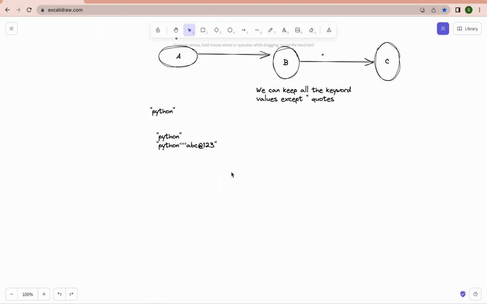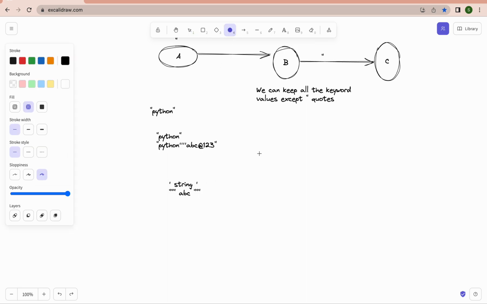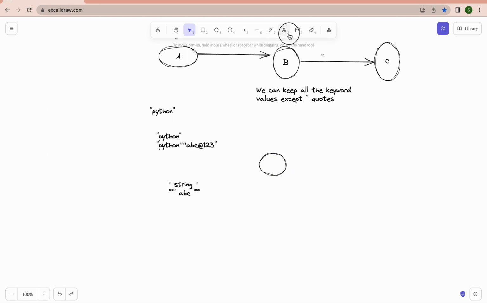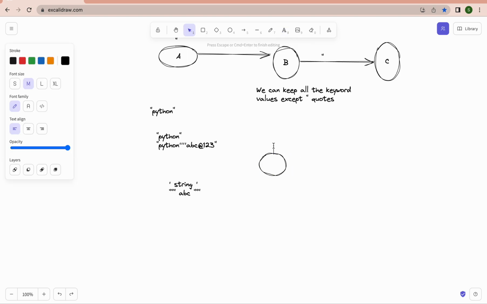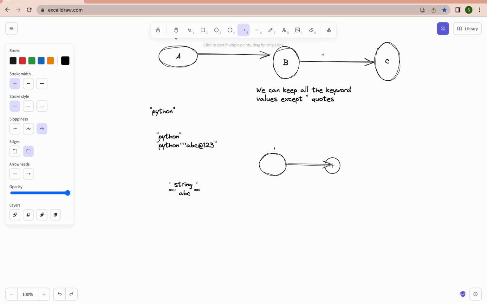Okay, same way Python is also giving more flexibility. You can declare there is a parsing tree. If you are starting with single quotes, then keep some string here, then end with the single quotes. Also you can start with single quotes, then ABC, then I am providing single quotes. That means there is the same parsing tree for the single quotes. If user is starting with single quotes, it should also end with single quotes. Now this is called my single quotes. Then it will change the state to B. Now this is called my B.